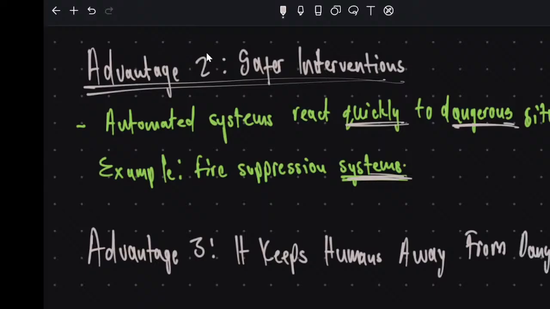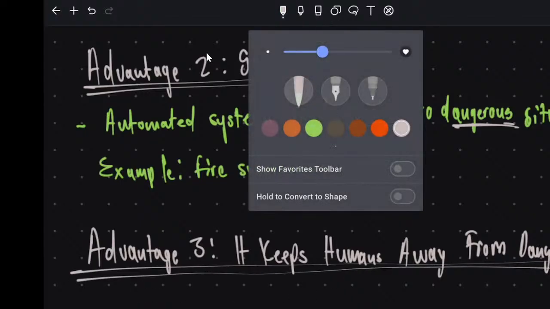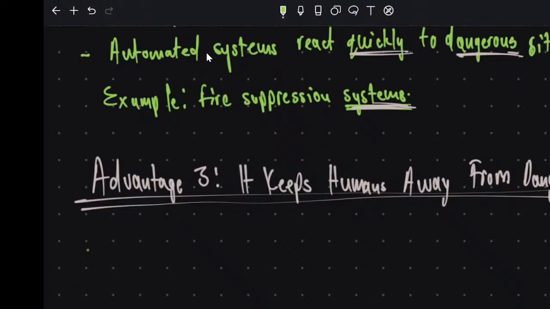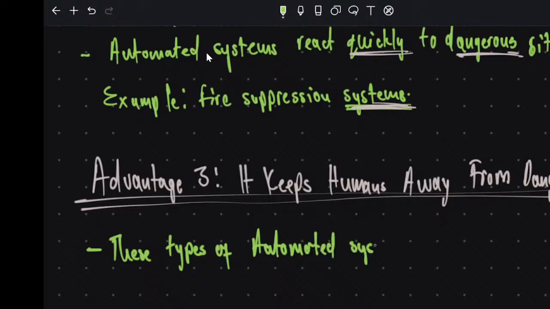For example, if you can use an automated system in a mine, then fewer humans have to get into the mine. Then they are far away from danger. You are protecting them. So these types of automated systems are useful in 1, mines,